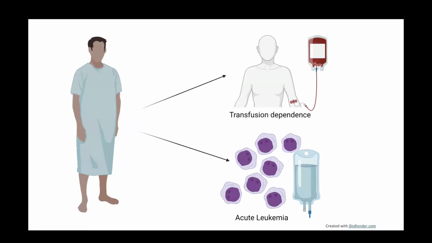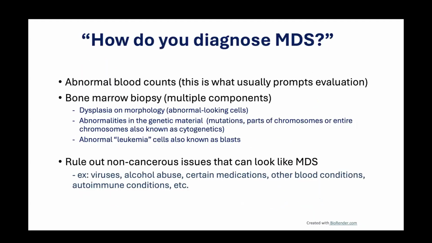So this is kind of what I was talking about, common issues that we see with patients as they progress with MDS. One extremely common one is anemia. Anemia is the most frequent issue in patients with MDS. And over time, this means that they require blood transfusions or treatment to try and minimize the need for blood transfusions. That often goes with lower risk MDS in particular. It can happen in both, but that's what we generally think about. And then acute myeloid leukemia, the risk is much higher in higher risk disease, which is something we'll talk about in a few minutes. So basically, these are the key manifestations.